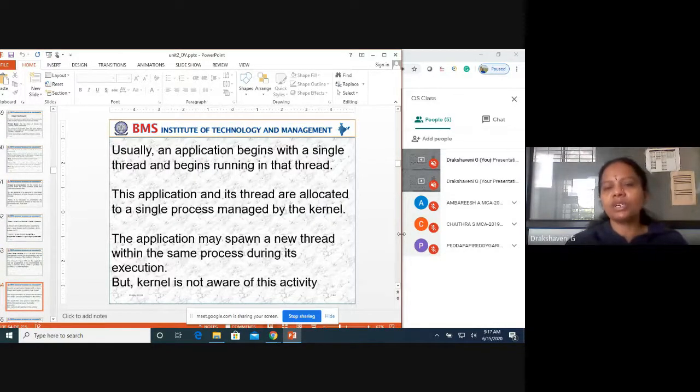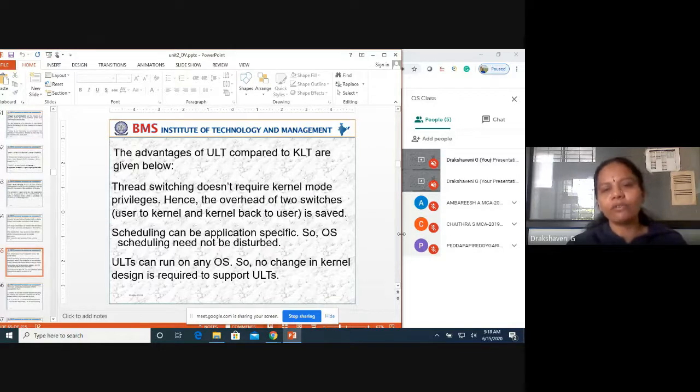Usually, the application begins with a single thread and starts running in that thread. This application and its thread are allocated to a single process managed by the kernel. The application may spawn a new thread within the same process during its execution, but the kernel is not aware of this activity. The advantages of ULT compared to KLT are given below.